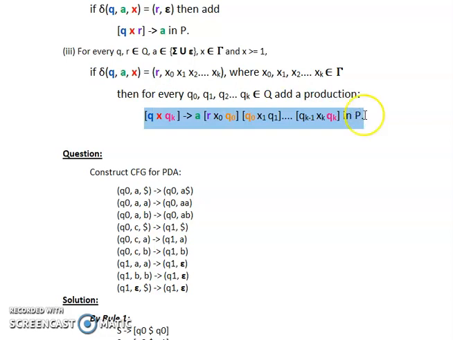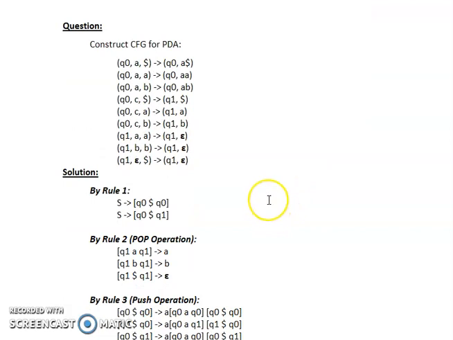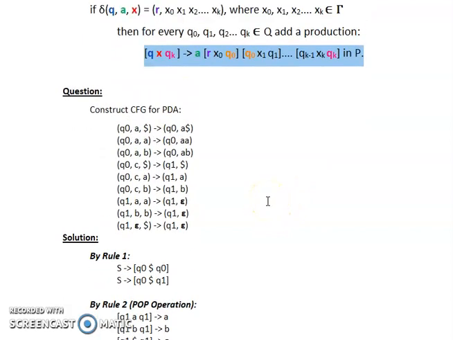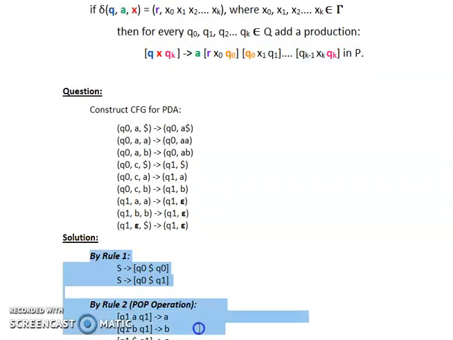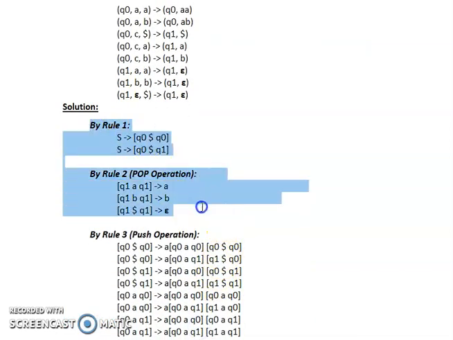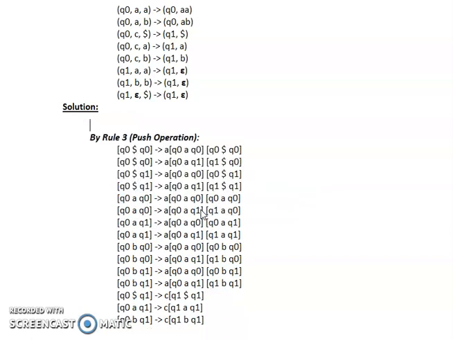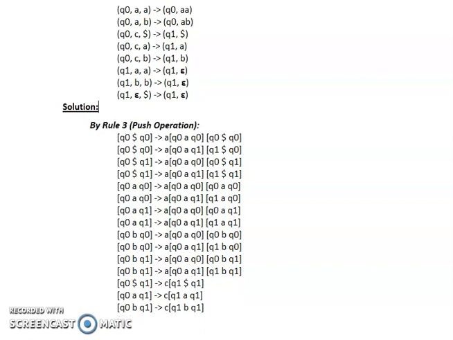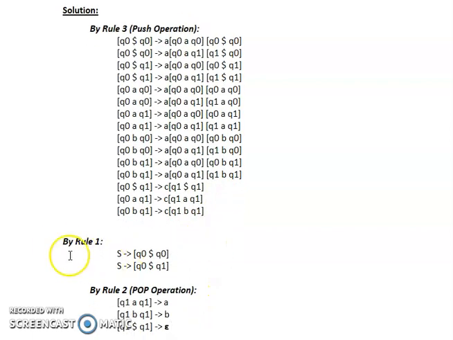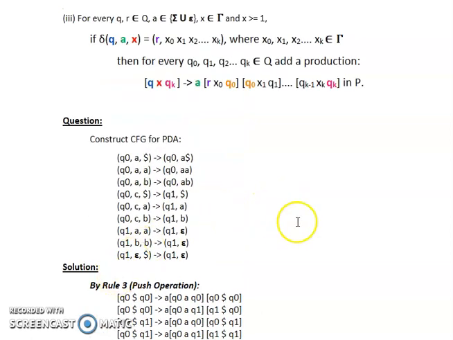So this has to be kept in mind clearly so that there is no confusion. Let me delete these two, or let me copy it over at the end of this page so that you can see rule number 3 and there is no confusion. So I'm going to copy the production rules that are obtained by rule number 1 and rule number 2 at the bottom of the page so that you can see it clearly.